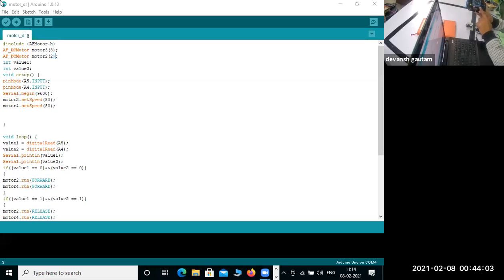Okay, so my section 2 is somewhere here, and it is close to my first motor, and my section 3 is somewhere here, this side, and it is close to my other motor wire. So according to the closeness, I have chosen the 3 and 4. After that, when we have chosen the 3 and 4, it means that this motor 3 and motor 2,